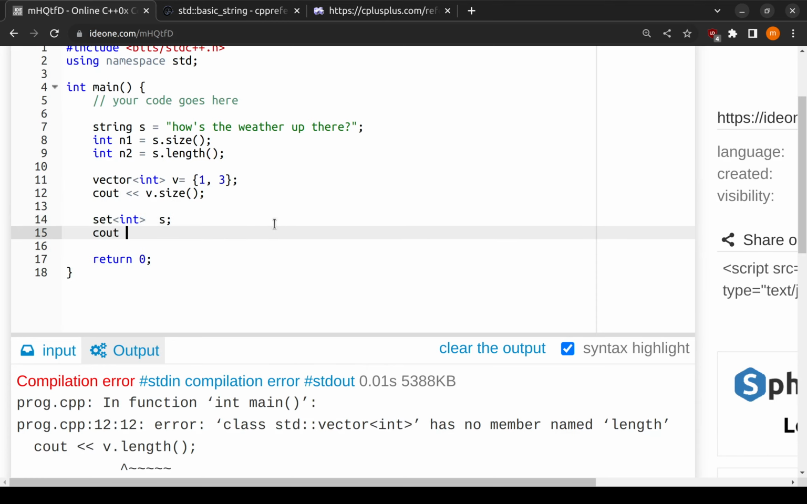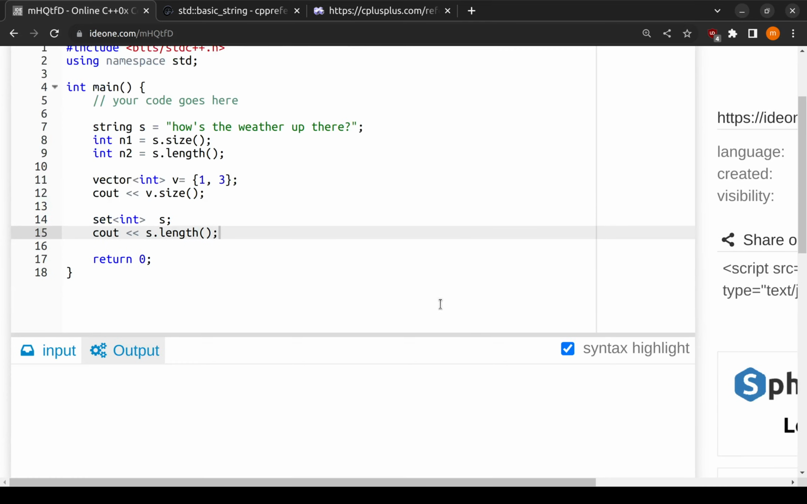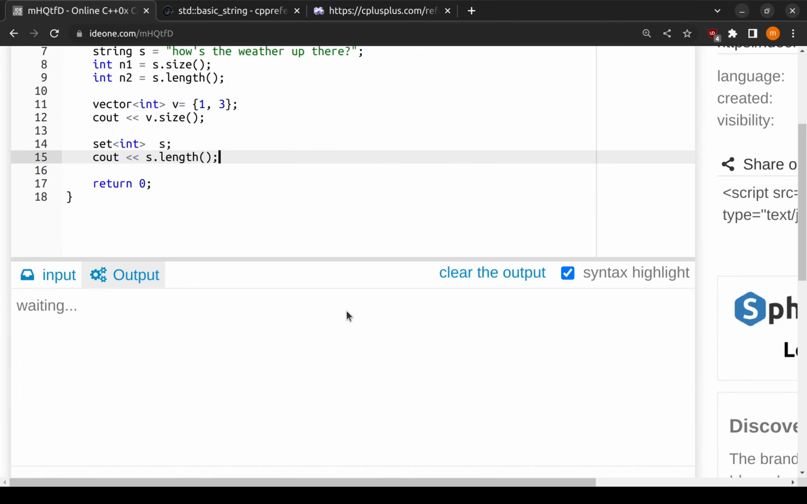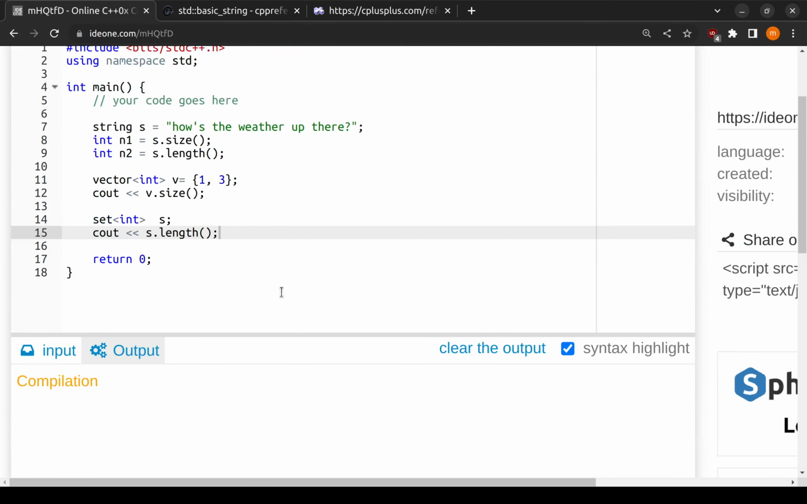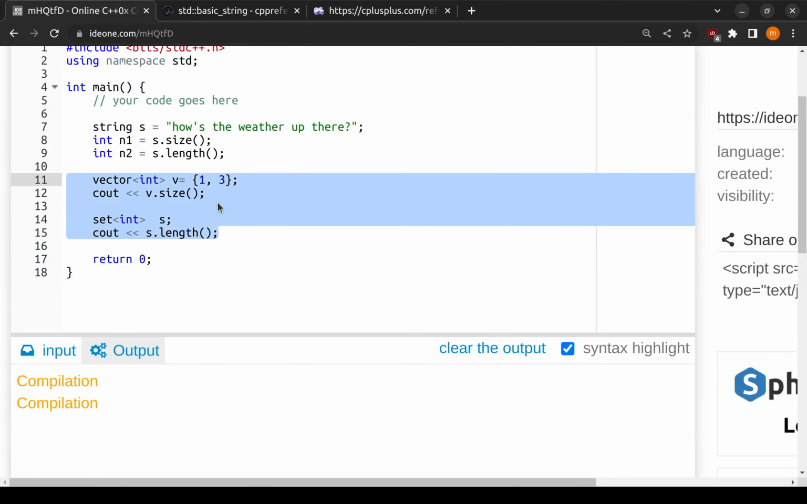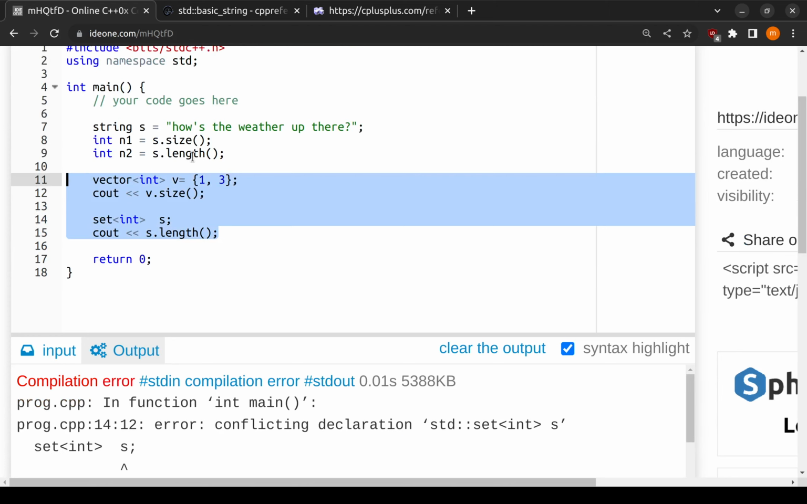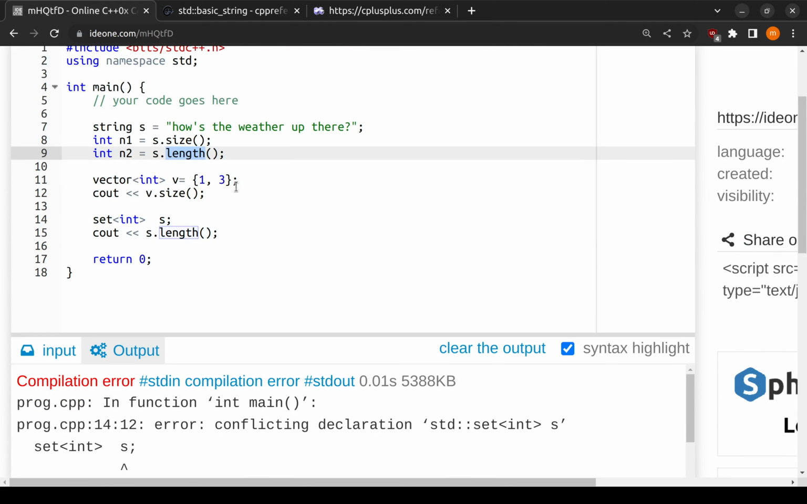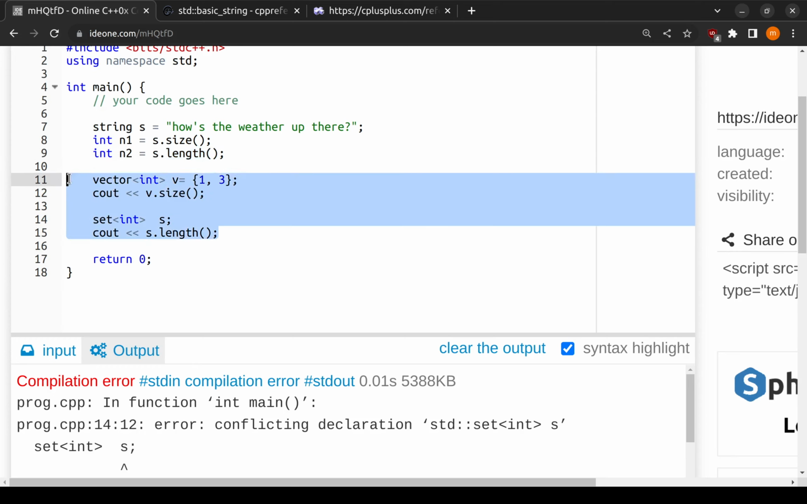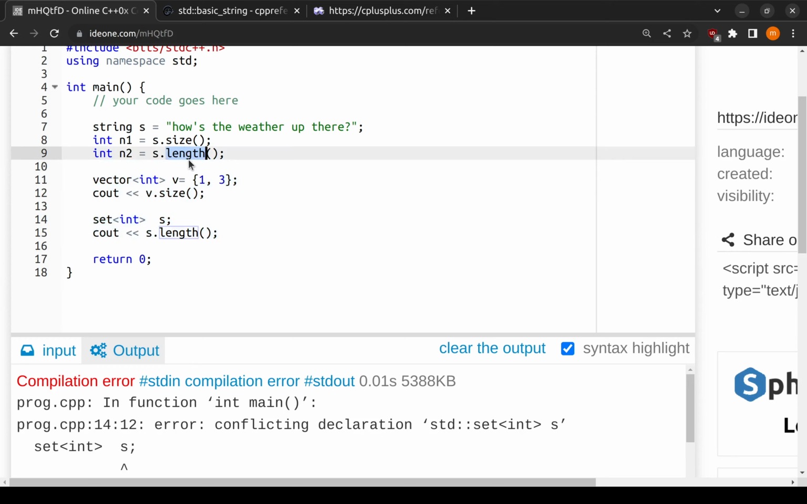Same with set s. If I do s dot length, you can see that it would produce the same error actually. So this is the reason: I want to be consistent and I don't want to remember an extra function for a string. But there are certain cases where some people would prefer using length, but that is just for